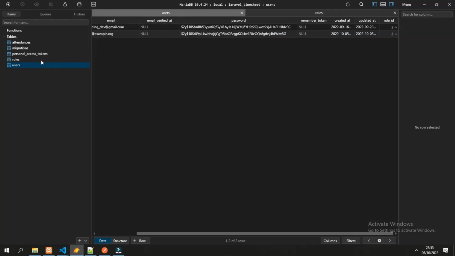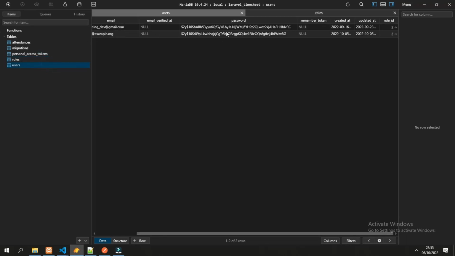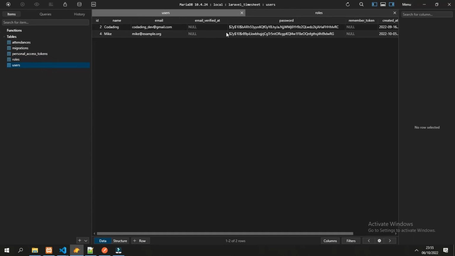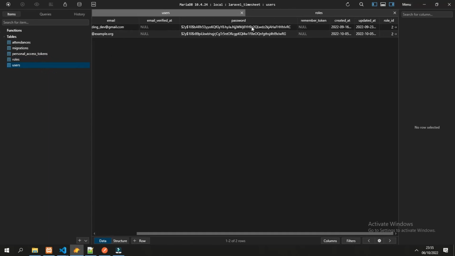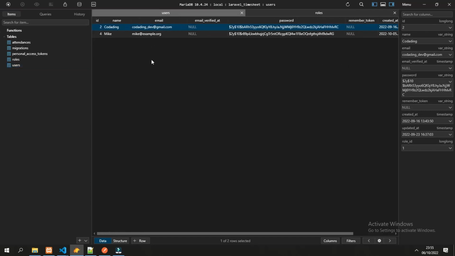Now let's change this user manually to be an admin. Because we know there are 2 roles, first is admin, second is employee, we can change the user to admin in a safe way, for example in the database directly. So we can change the role ID to 1, and it will make the user ID number 2 an admin.